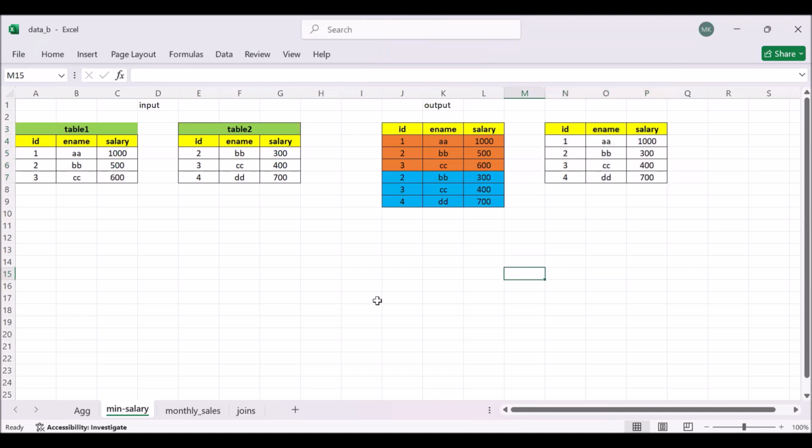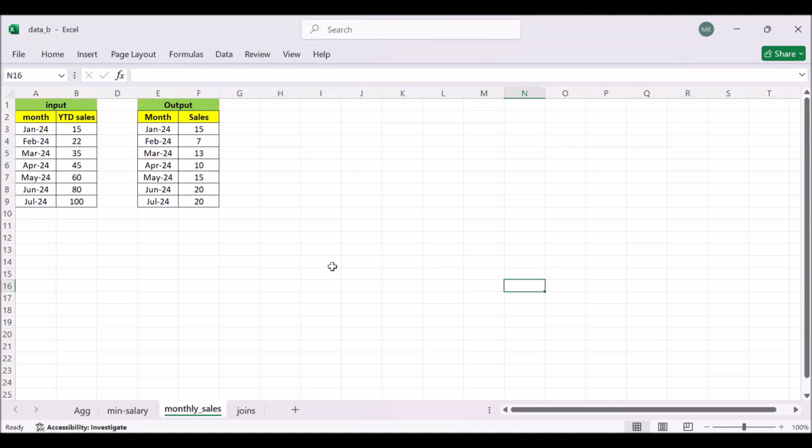Okay, so I want to discuss one more query. This is the third query. In this query, we have input like month and YTD sales, and this is the output. So we want to get this output. YTD sales means we are having,